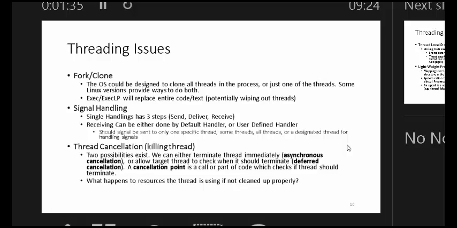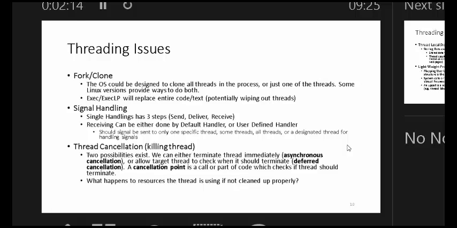The second one is signal handling. Every signal we said we send, it's delivered and it's received. But if you have threads, now the question becomes, which one would do the receiving? It's almost like if instead of having one lecturer, we now have 4 lecturers standing here. If you ask a question, should we have a dedicated question-answering lecturer who will listen and answer questions? Or should it be that when the question comes, any of the 4 lecturers standing up here can answer? Or should there be a handler who comes and decides which of us should handle different questions? It's the same thing. So that's the second choice.